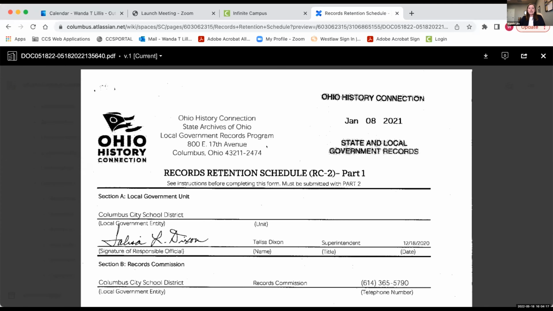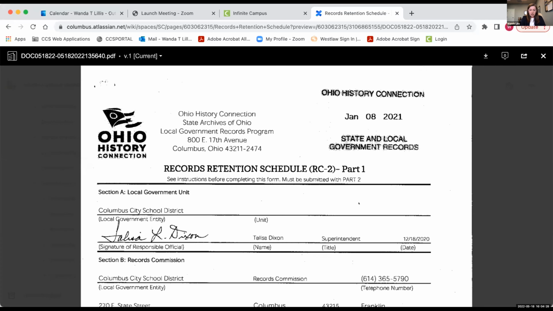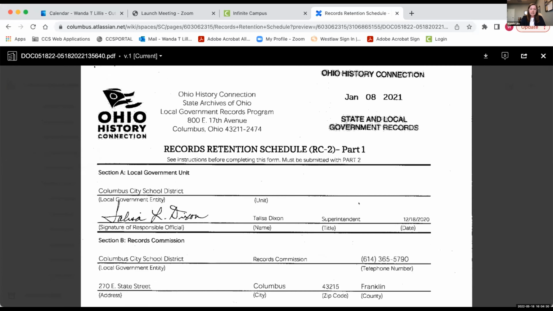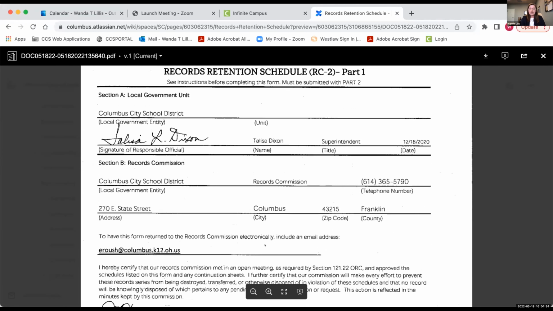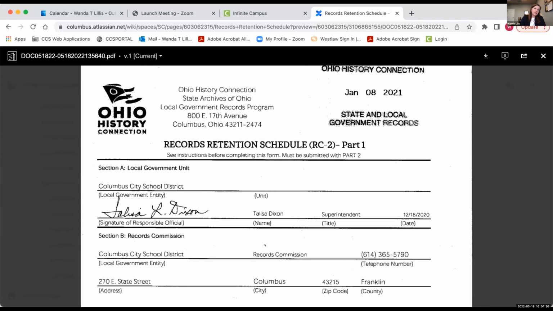As you can see, this was last adopted in December of 2020. There is a district records commission. It's the superintendent, it's the treasurer. I have sat on it. You see Eric Roush has sat on it. And so generally every 3 to 4 years, the committee would meet and go through the records retention schedule and